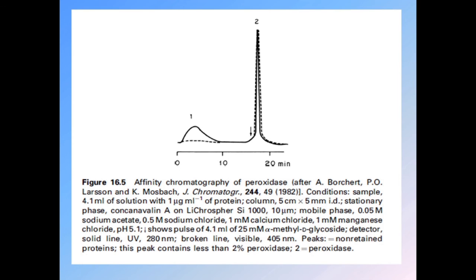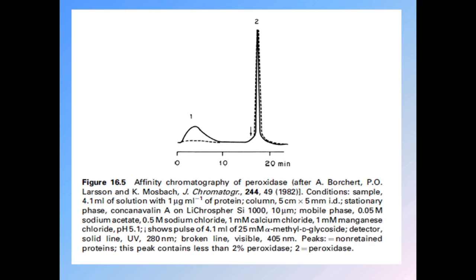Here, figure 16.5: affinity chromatography of peroxidase, after Borchert, P.O. Larsson, and K. Mosbach, Journal of Chromatography, 244, 49, 1982. Conditions for this chromatogram: sample 4.1 ml of solution with 1 microgram per ml of protein, column 5 cm by 5 mm internal diameter,